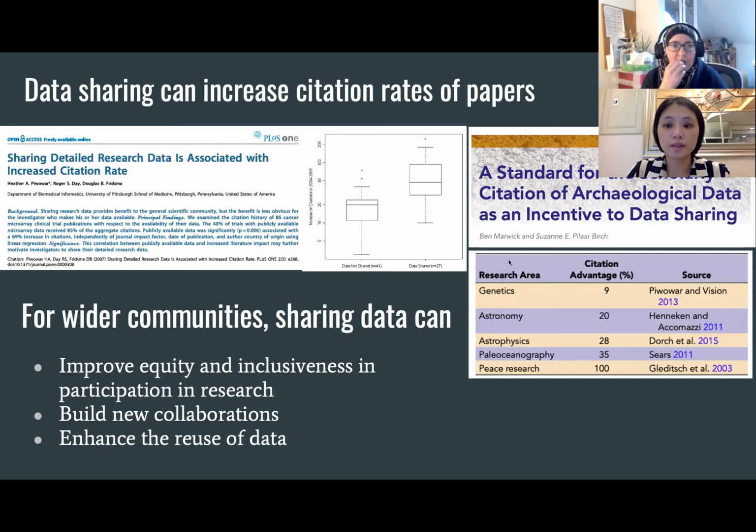And here are studies that demonstrate clear examples that data sharing can increase citation rates of papers to gain more academic impact. For example, this article described the increased citation rates, and you can clearly see the number of citations increased if they share their data, shown by these box plots. And this is another paper that also describes an increased rate of citation when they share their data with other